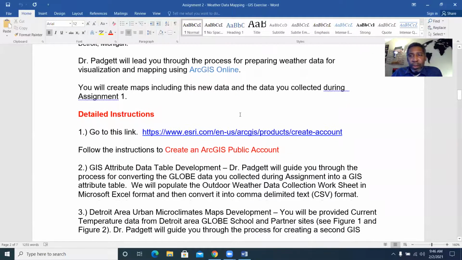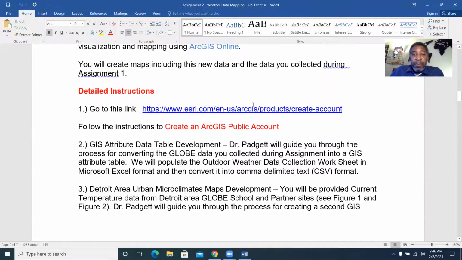So what we're going to do today is go back and look at some of the data that were collected by students last week, and then we're going to convert those data into a GIS attribute table. But the first thing that you're going to have to do, if you haven't already done so,